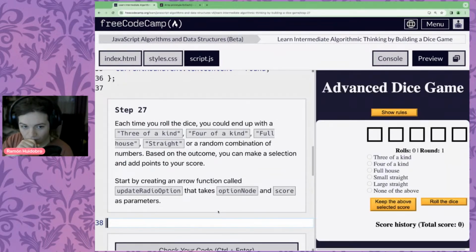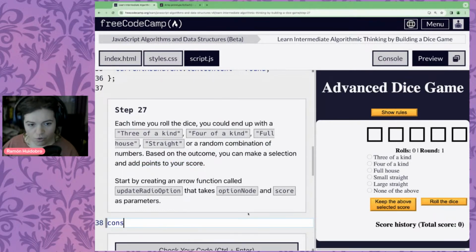So now we're going to start implementing the detection of what kind of score we're getting with the number of dice. These are known as 3 of a kind, 4 of a kind, full house, and straight, or just a random combination of numbers. Based on that outcome of which one of these goes up, we can add points to our score by selecting one of those radio buttons.